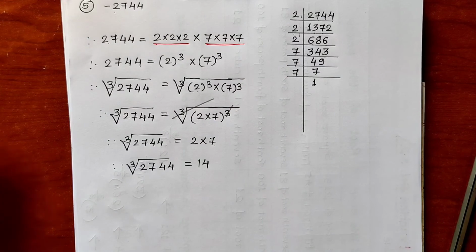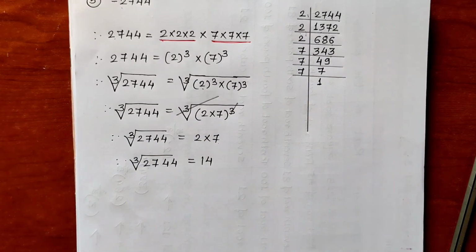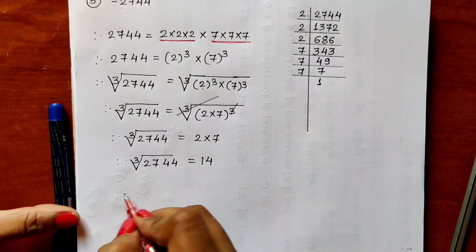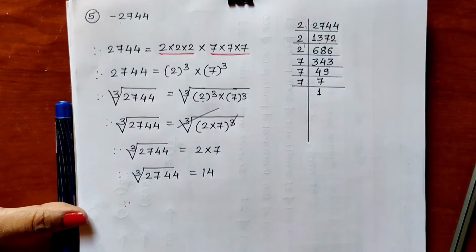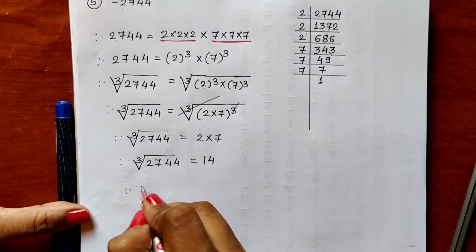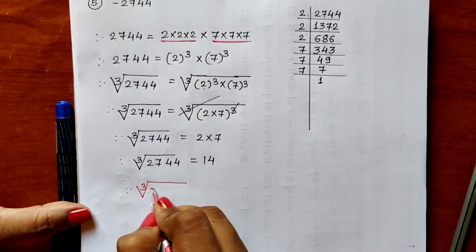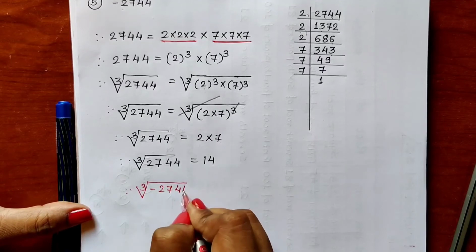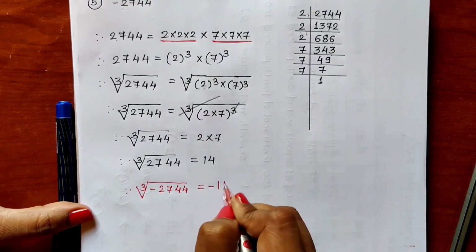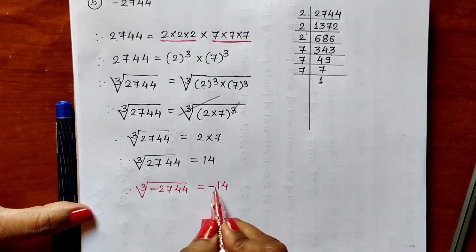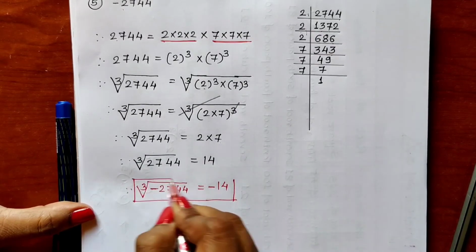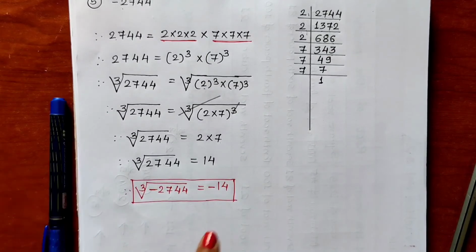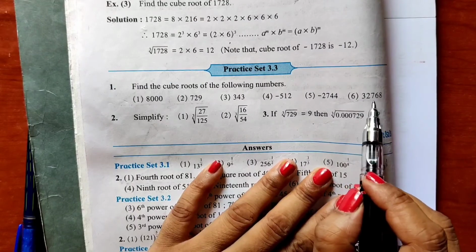Okay, now we have to put minus sign, negative sign, because the question is minus 2744. That's why we have to put the negative sign here. So cube root of minus 2744 is equal to minus 14. Both the sides we have to put minus sign. So in this way we have got answer as minus 14. Now the last number is